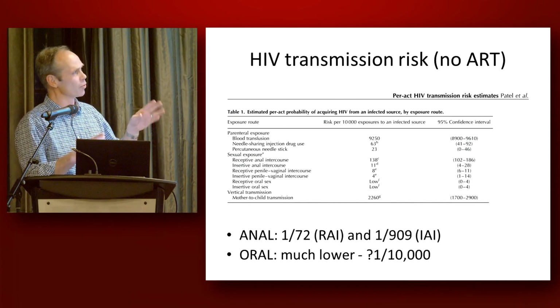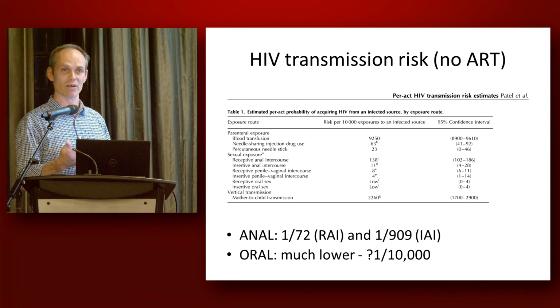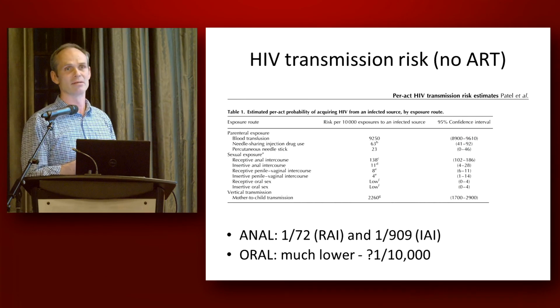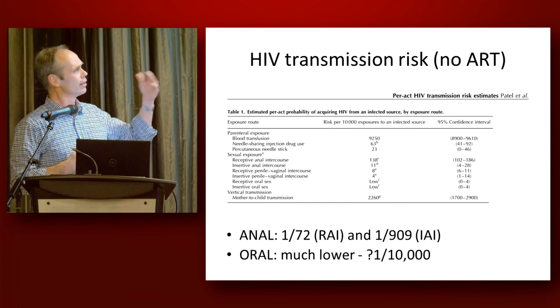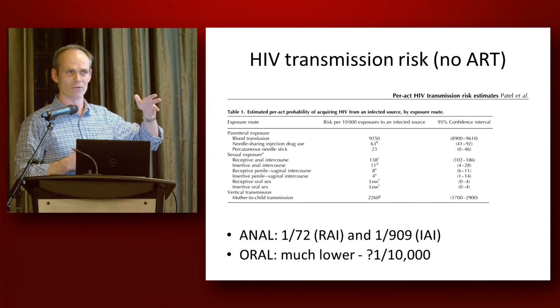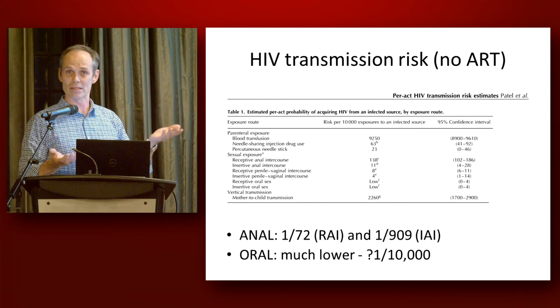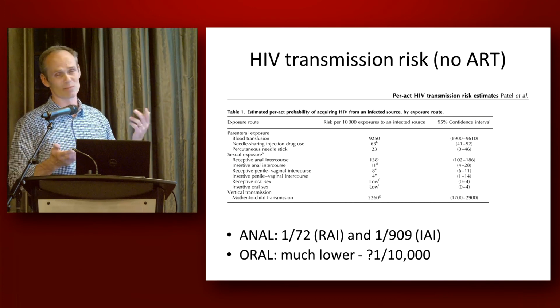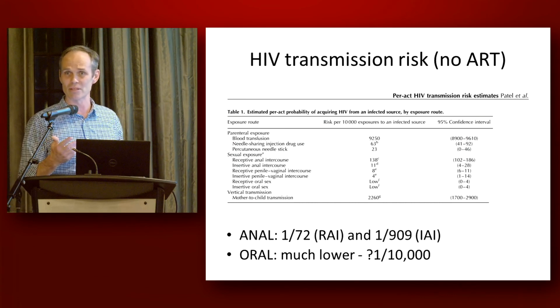So for instance, I won't show you all the pictures, but the rectal mucosa is more susceptible to HIV than the vaginal mucosa and the penile mucosa, and those are more susceptible to HIV than the oral mucosa is. And so receptive anal sex, bottoming, whether you're male or female, penile vaginal sex and oral sex have quite different rates of transmission, and roughly speaking, they're about tenfold different. So one's about 50 to 100 exposures results in one transmission for exposure in the rectum. If we're talking penile vaginal sex, it's more like 1 in 500 to 1 in 1,000. If we're talking about oral sex, it's much lower than that, sort of 1 in 10,000 or less than that.